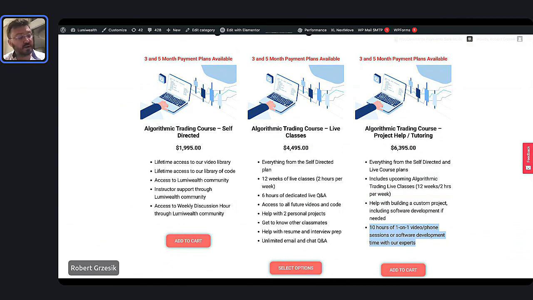If you want to use these 10 hours, you could use 10 hours for us to sit down and write code together, if that's what you want to do. You could use those 10 hours to get help on anything that you're doing, or you could use those 10 hours and just say, hey, build this for me, right? And we'll go ahead and just build that for you, deliver the code to you, and you can start using it, right?